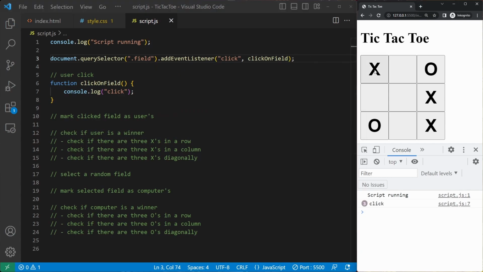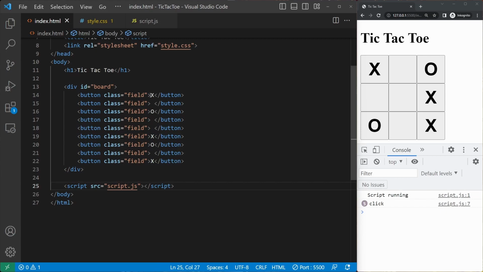And this works. I can click the first one in the top corner, but I can't click any of the others. So I would need to add event listeners for them as well. But I can't really distinguish them.